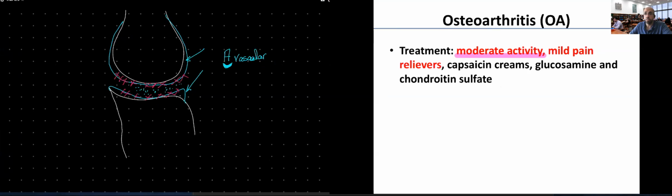Hip joint. Swimming, yeah, swimming. Why is swimming much better? Because you don't have to hold your body weight. At the same time, you are activating the muscles, because as you activate the muscles they will become stronger and they will be providing much better support to the joint. So rather than walking,